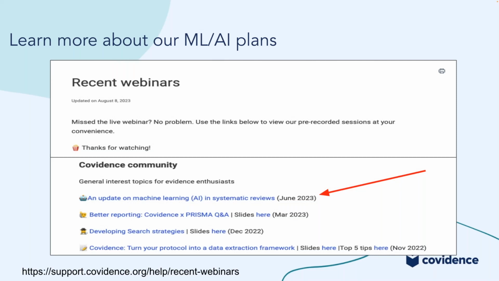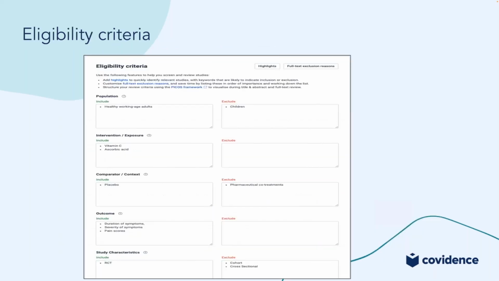Next up, then, I'll talk a little bit about the eligibility criteria. This is a new feature to help you with your screening in Covidence, but it's also valuable when creating a data extraction template too. So it's about building in the PICOS structure from the very beginning, taking it perhaps from your protocol if you have one, and then integrating it into Covidence from the very beginning of the workflow. So you can include these PICOS criteria